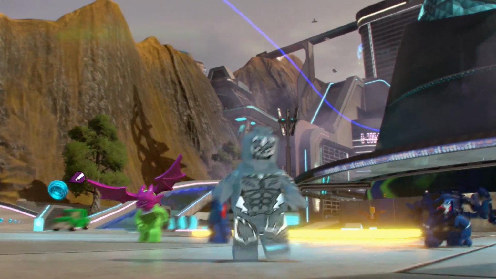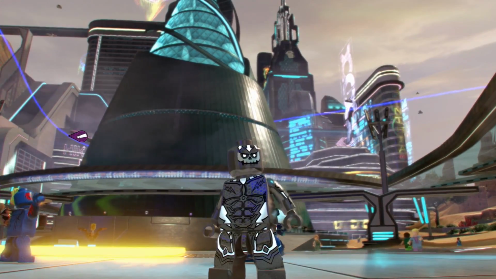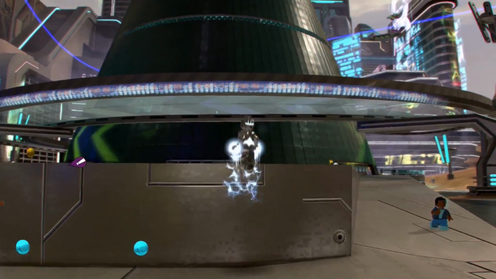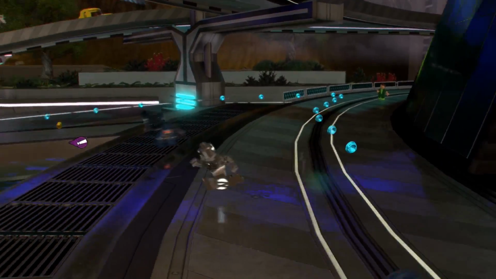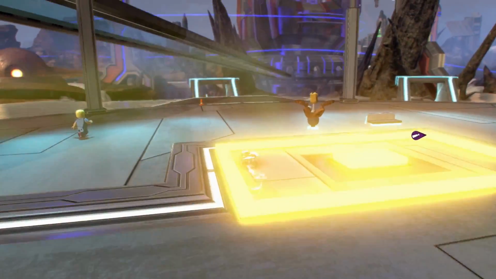We also have Electro 2099. I love this character. You're going to do this in a boss battle just before you actually head into... I thought there was a purple stud there. Just before you head into Symbiote Surprise, it starts right here, and then you have to follow some paths to get to it. So this is one of the characters I think I use the most,